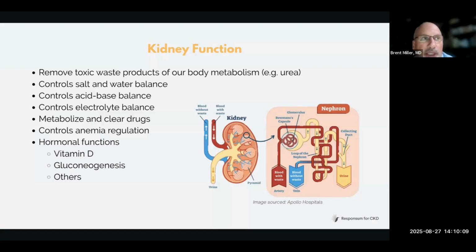And probably some of the best ones that are known are some of the hereditary kidney stone diseases. Those people tend to have fairly normal kidney function, but they have a kidney disease that causes recurrent kidney stones, which is miserable. And that's because it impacts a different part of the kidney. It impacts the collecting system and the ureters. Next slide.